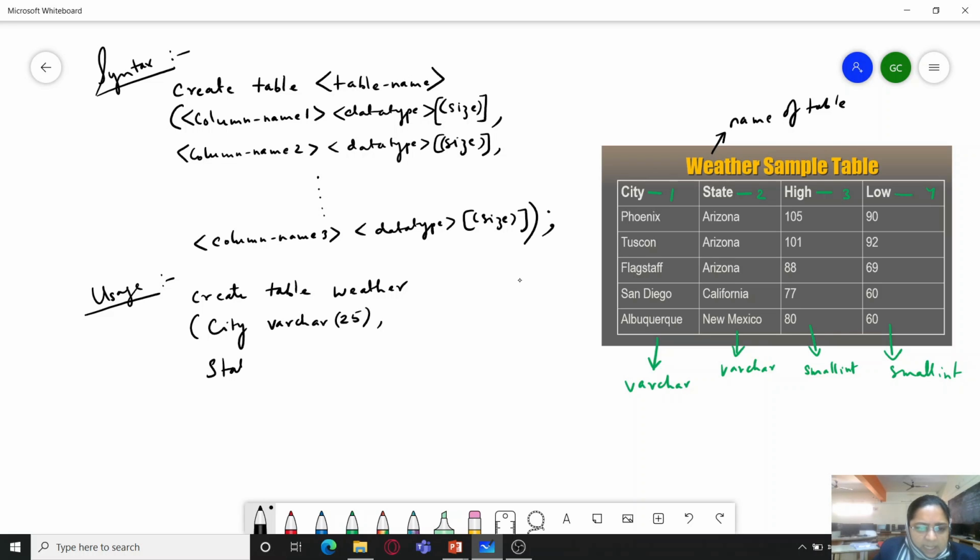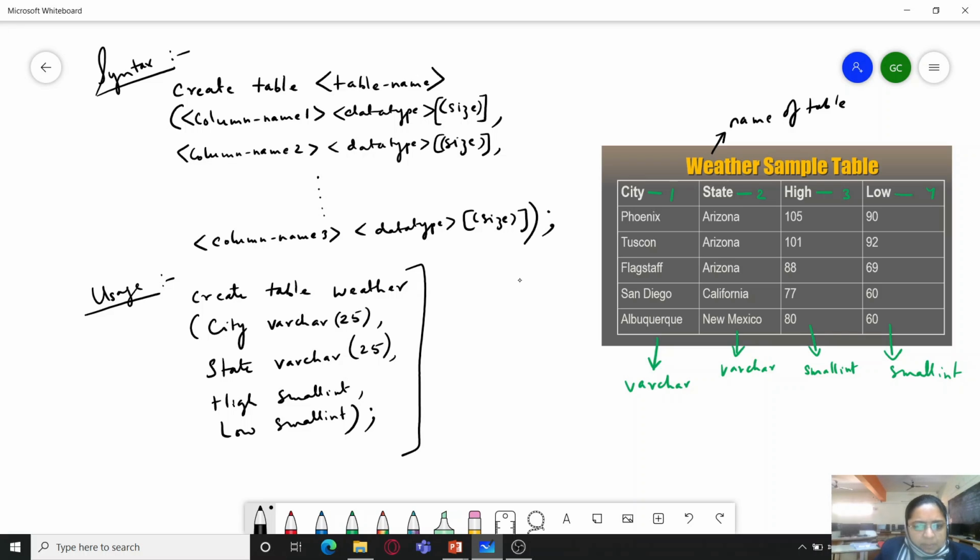Next is state, next is high, then low, so this is the example of create table which we will now be creating in MySQL.